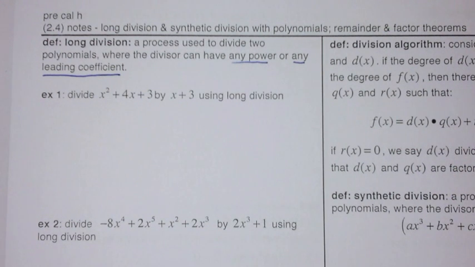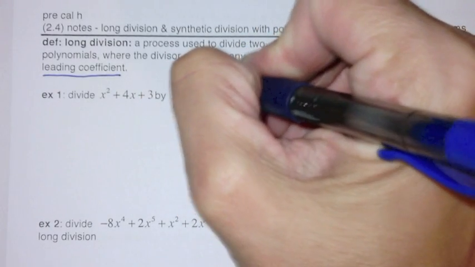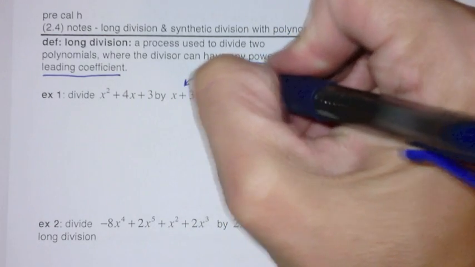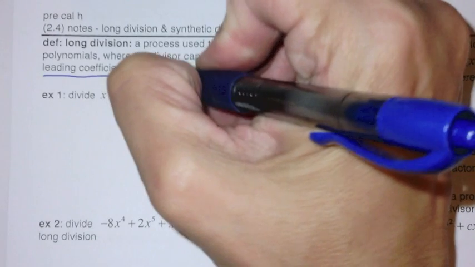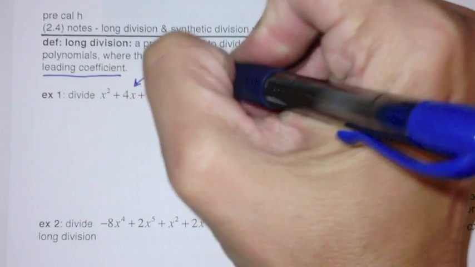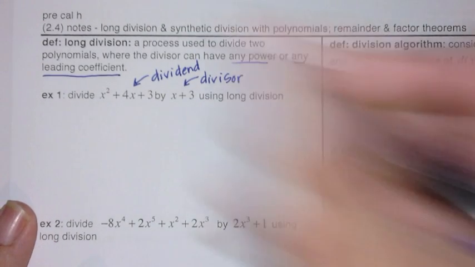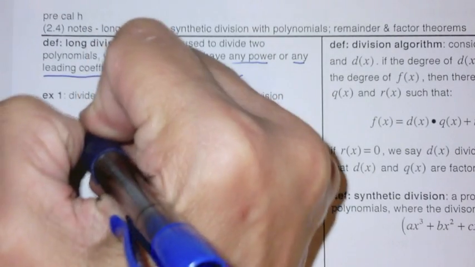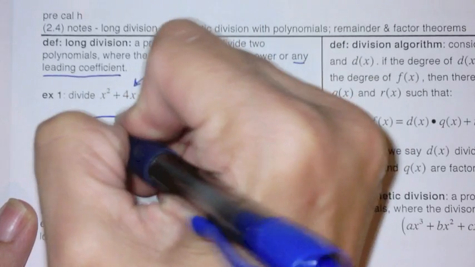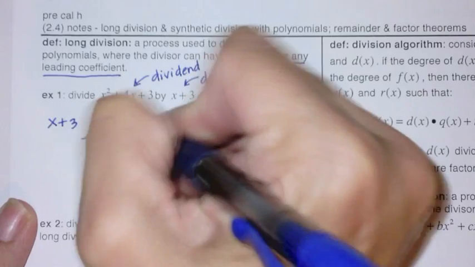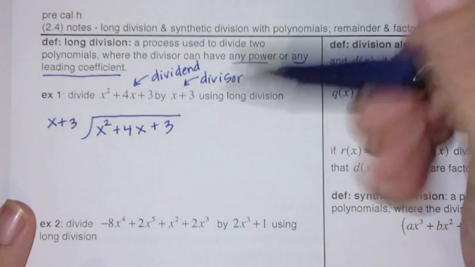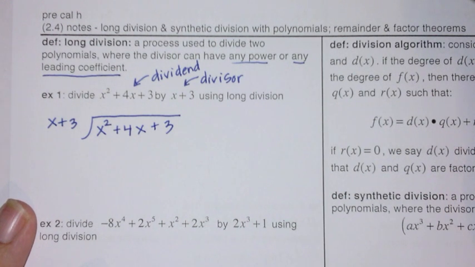So first of all, it says divide x squared plus 4x plus 3 by x plus 3. So this part is your divisor. What goes under is your dividend. And then your answer is your quotient, and then sometimes you have a remainder as well. So what we're going to do is we're going to do x plus 3 and divide it by x squared plus 4x plus 3. And we're going to use a process similar to regular long division with just numbers, but